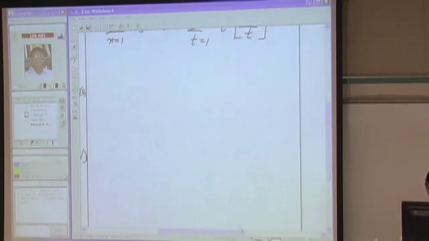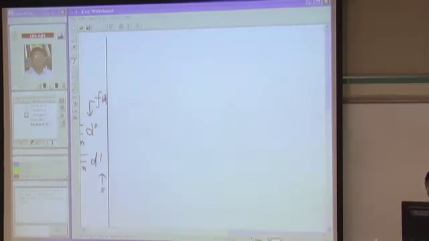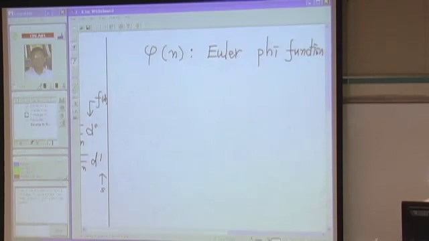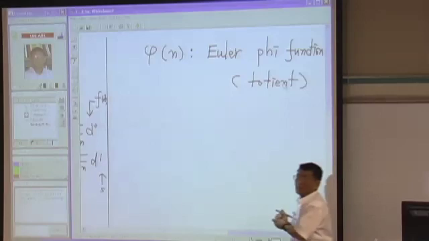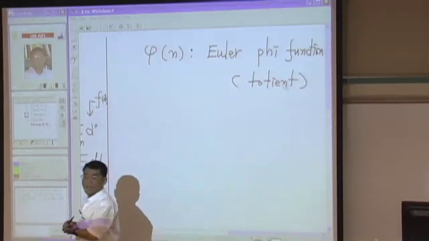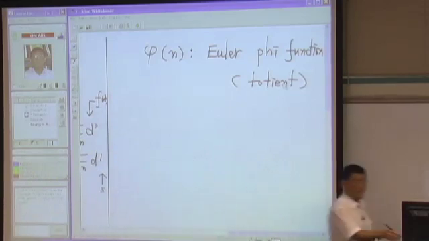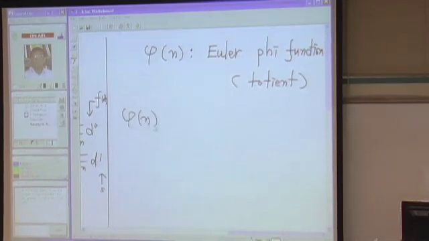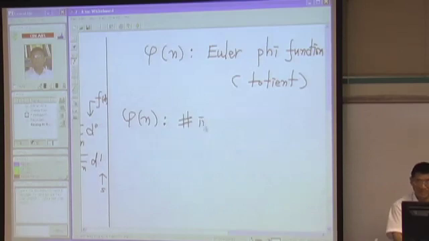So the next chapter is Euler's generalization, and the function that we will consider is the Euler phi function. Sometimes this is called the quotient function. The Euler phi function is defined by very simple counting. The Euler phi function is the number of integers which satisfy